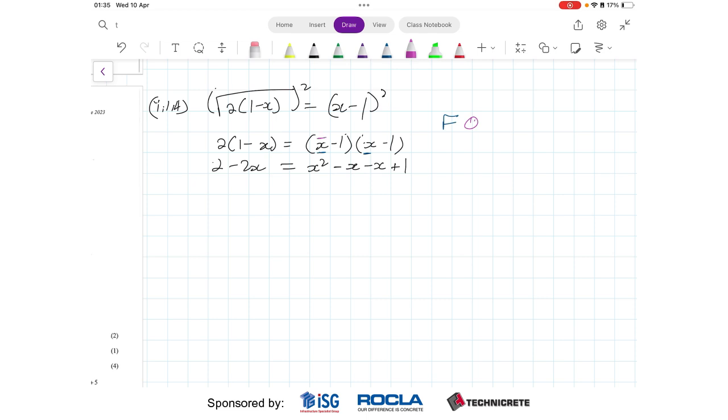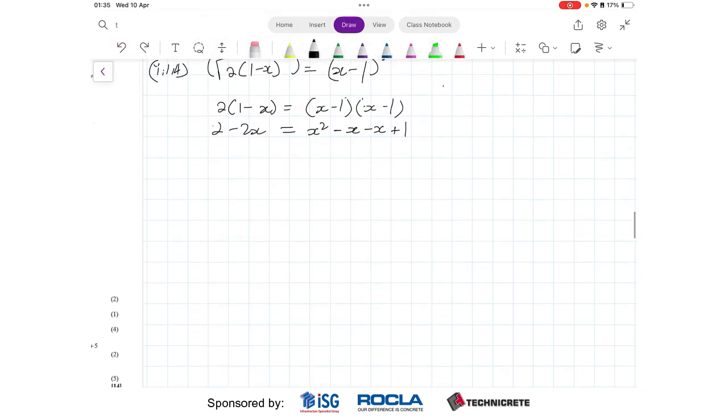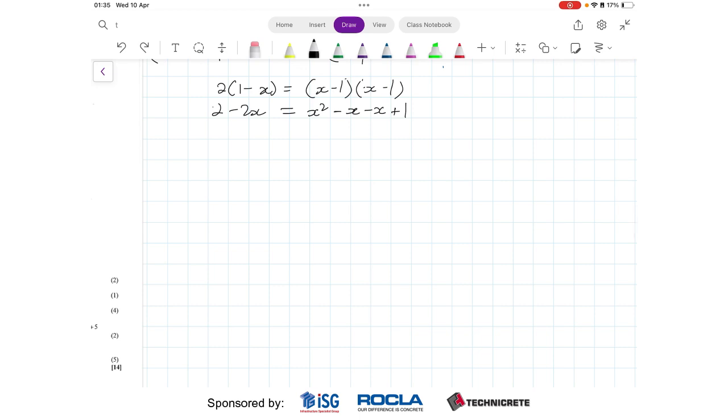outer, inner, and finally last. That is what you need to do in order to expand on this bracket. Now that we've expanded, we can finally write it in its proper form, such that it's